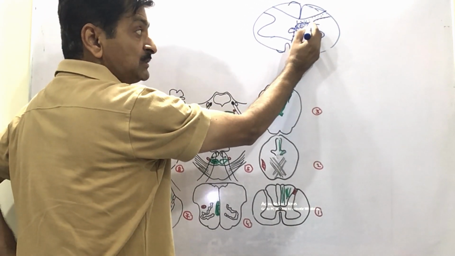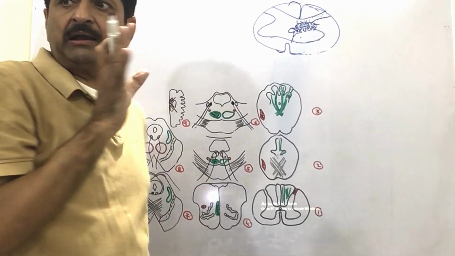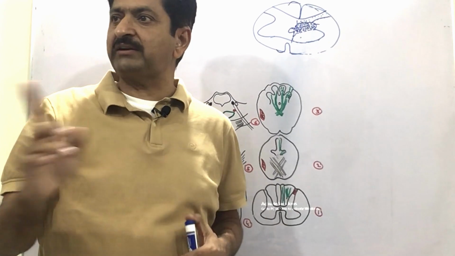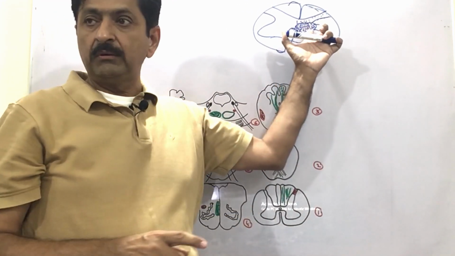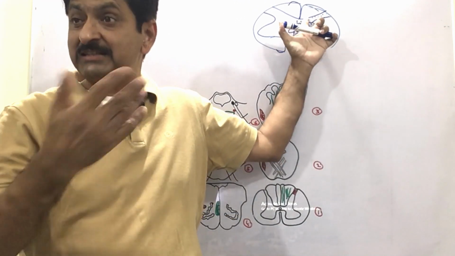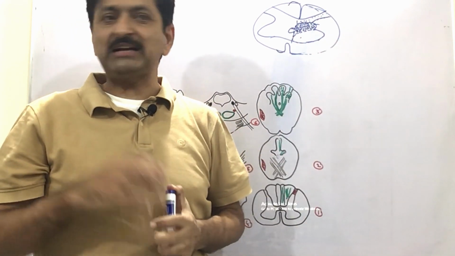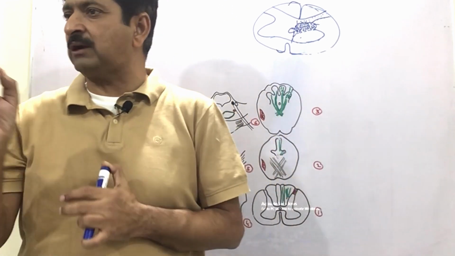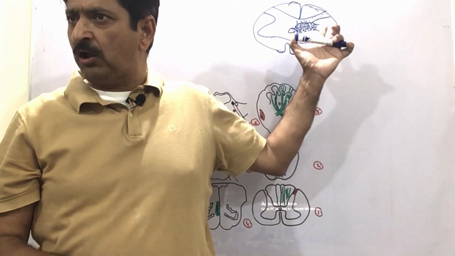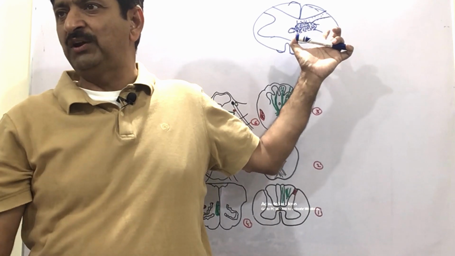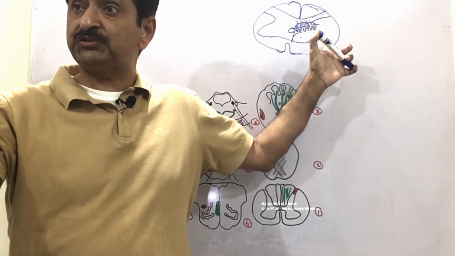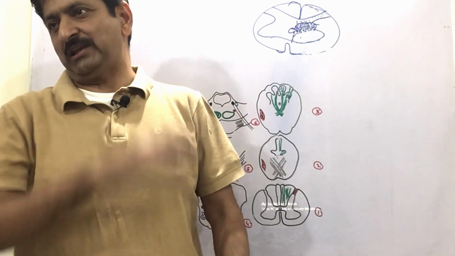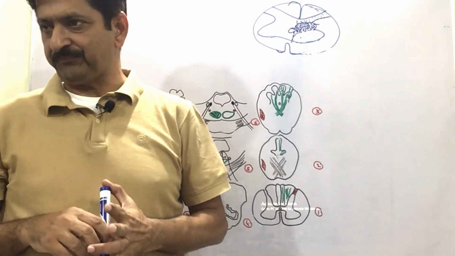Not just one, both of them will bulge to form a new horn, which is sometimes called the lateral horn. So the lateral horn is not just the motor part of your quarter, but the sensory part also contributes. That's why, when you say that the sympathetic nervous system has its cell bodies in the lateral horn of the gray matter of the spinal cord, this is true. But the lateral horn is not composed of just these neurons, but also of sensory neurons. So the lateral horn is composed of both of them.